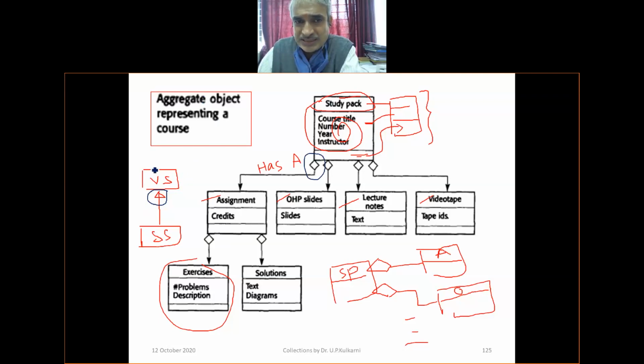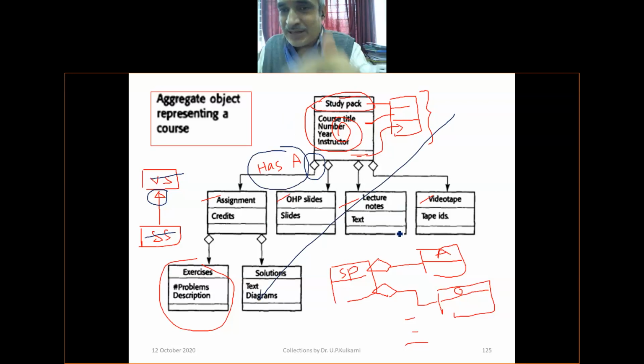So you construct the SDM city student from VTU student. This inheritance you know, right? First you have to write a diagram and then go for its development, implementation. You should not write a C++ or Java program directly. What is it that you want to do? How many classes are there? How are they related? Either they are related through composite objects, whatever you see here, aggregation, and that relationship is called a has-a relationship. Study pack has an assignment, study pack has an OHP slide, study pack has a lecture note, study pack has a video. And I give another example.